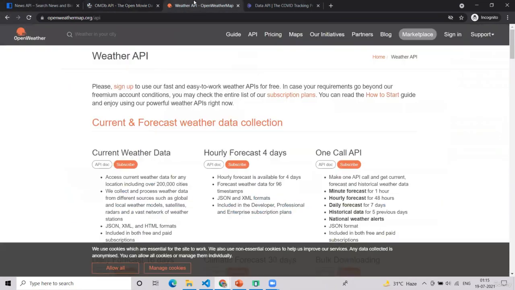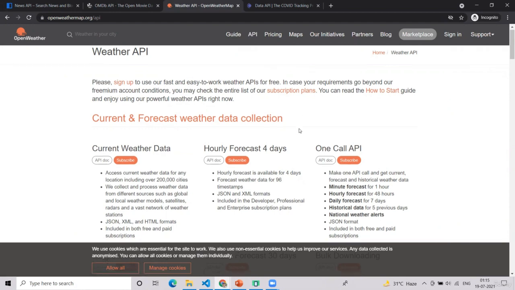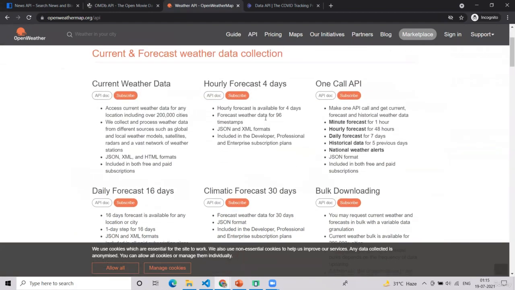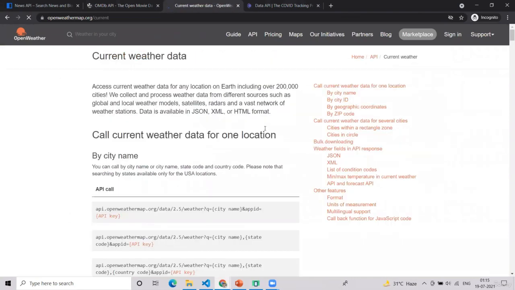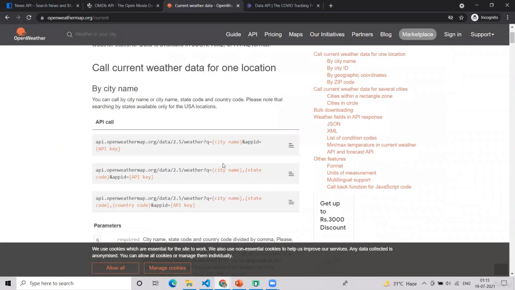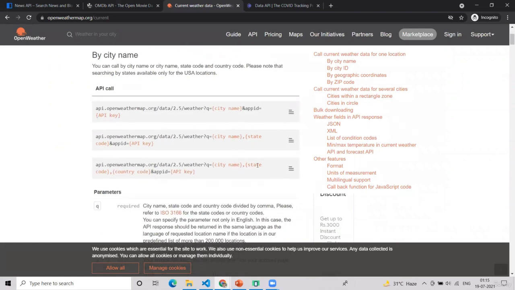The other API is the weather API. Here also you can get the API key for yourself. These are the APIs it provides: One Call API, current weather API. See, like this.